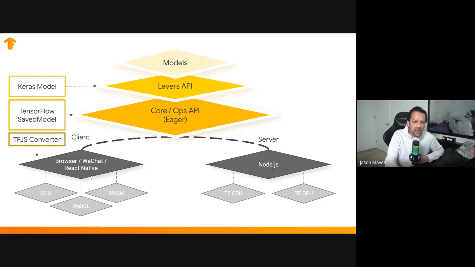Now, if you want to execute on the client side in the web browser, then you'll need to use our command line TensorFlow.js converter that's available to install via npm or Python pip, I believe. And essentially, you can then take a saved model from Python and convert it to the model.json format that you need in order to run it in the web browser. So you only need to use this converter if you want to execute in the web browser on the client side, okay? Otherwise, no conversion is required.